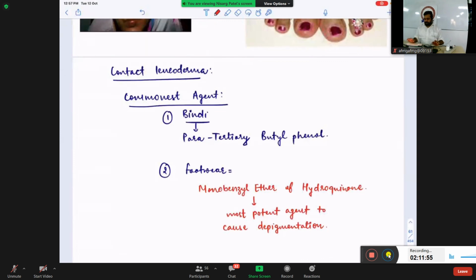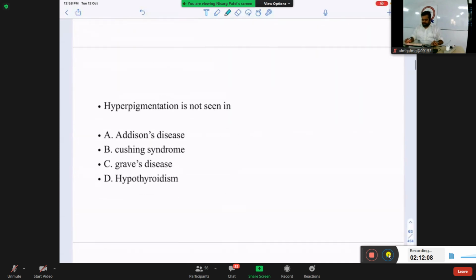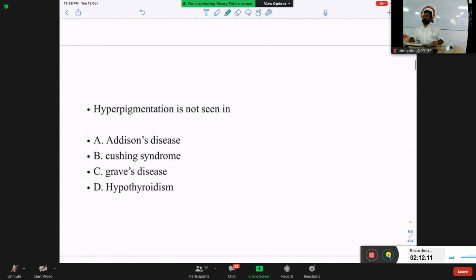But monobenzyl ether of hydroquinone, what you should remember, is the most potent agent to cause depigmentation. Okay. Answer this, then we take a break. After 45 minutes, you will also get a taste, and we will discuss some important pediatric topics also. Okay. Hyperpigmentation is not seen